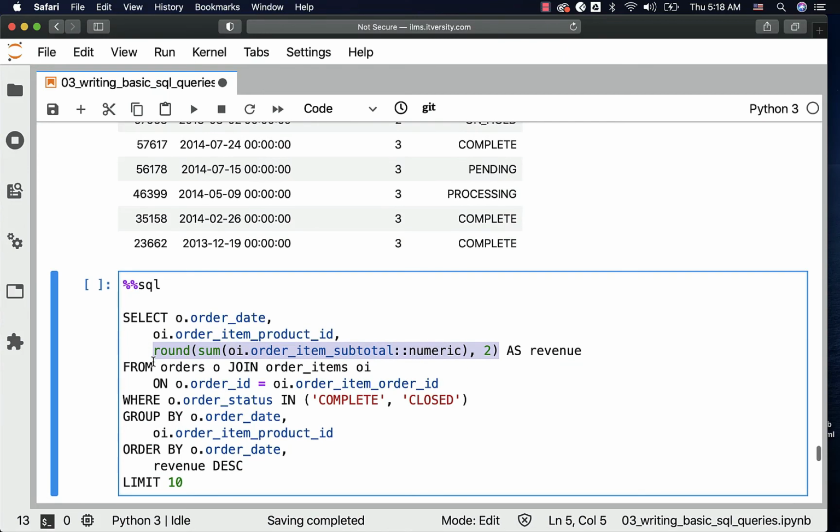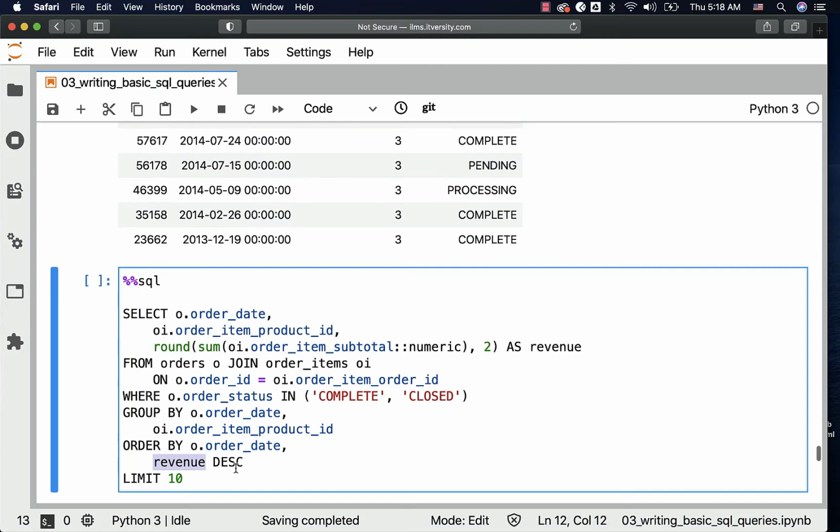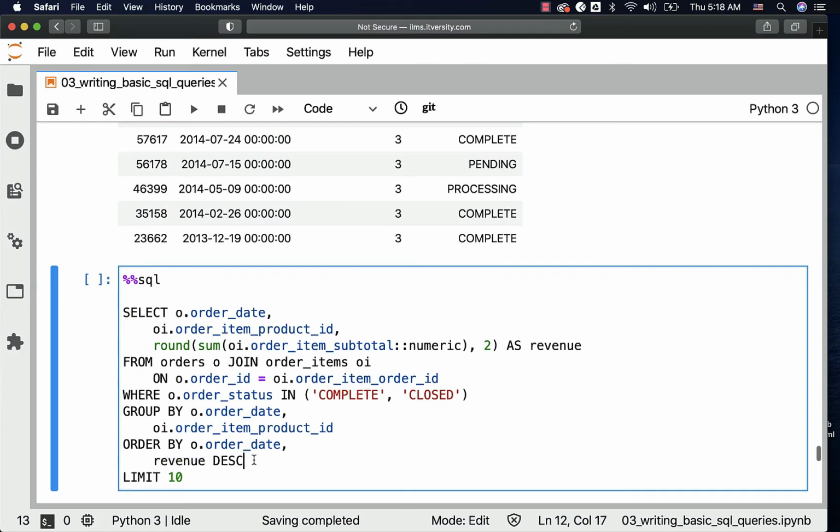Now if you want to sort the data in ascending order by date and then descending order by revenue, you can use this alias as part of the ORDER BY like this, and you should be able to leverage that to sort the data in the desired fashion. So in this case, this will take care of sorting the data in ascending order by date. Date comes from orders, and then descending order by revenue. Revenue is nothing but alias to the function that is specified as part of the SELECT clause. It is nothing but an aggregate function.